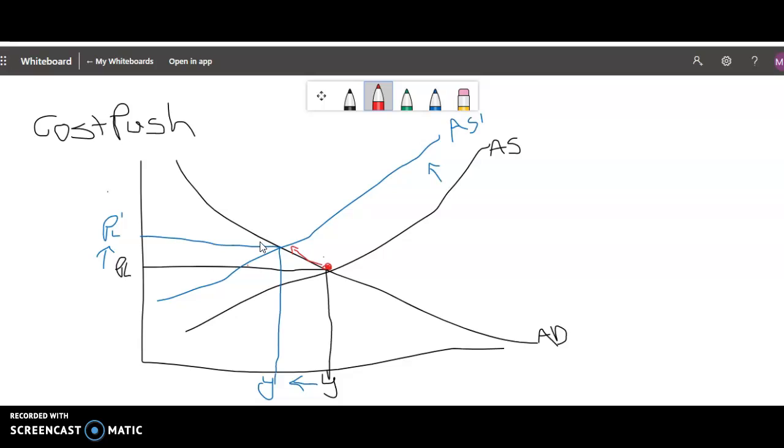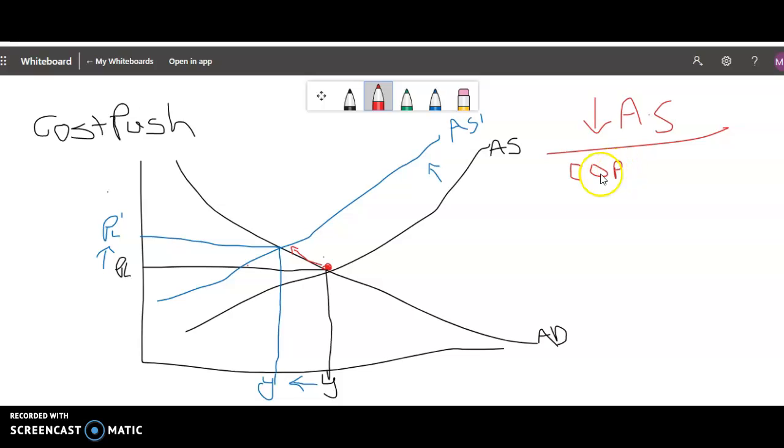Okay, so I hope that that was helpful for you. It's just a very quick rundown of what cost push inflation is. It's a decrease in aggregate supply. Before I go, just a little reminder here of what causes a decrease in AS. Sometimes people get a little bit confused, and I know it takes a while. So just a reminder, the things that would cause a decrease in AS are things that affect the cost of production, COP, so wages, raw materials,